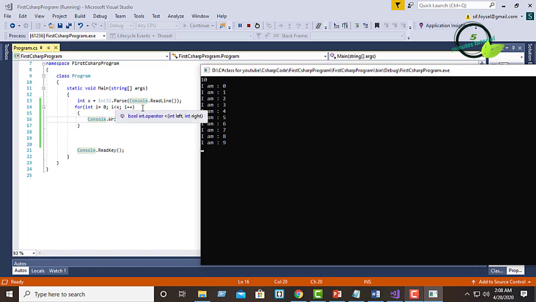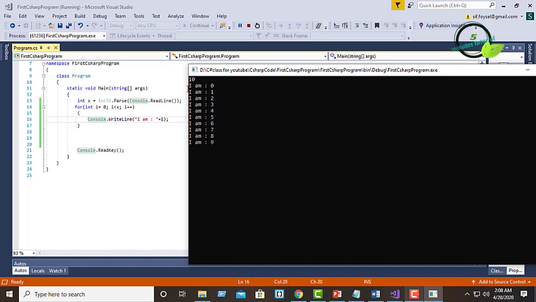When it is 9, it has incremented by 1 and the value was 10, and it is checking whether 10 is less than 10 or not. It is not true, so it has stopped executing the for loop and returned the output. So we have seen an example of for loop.